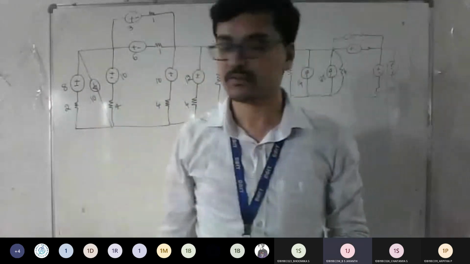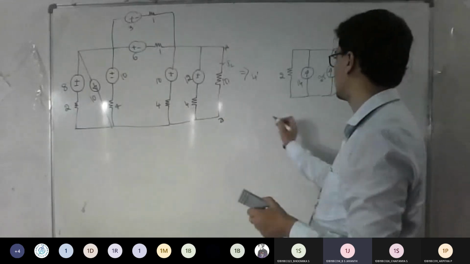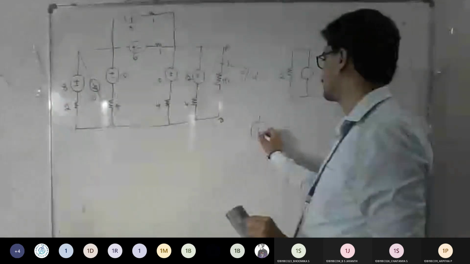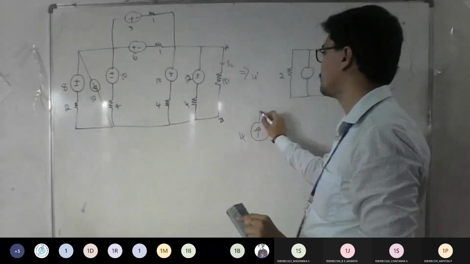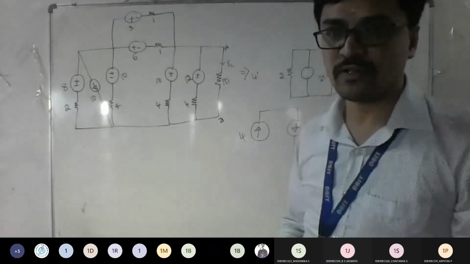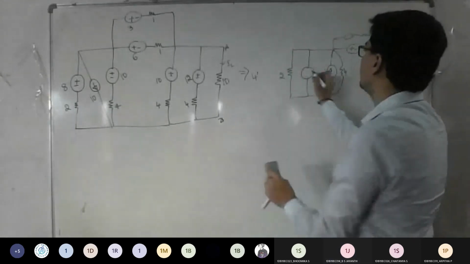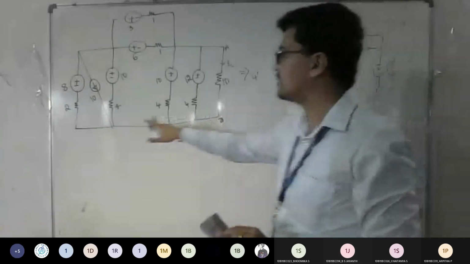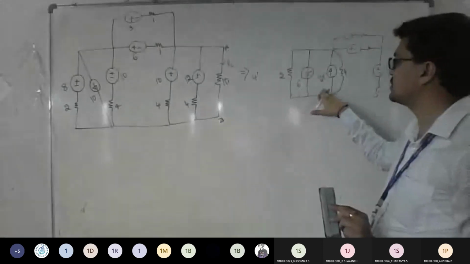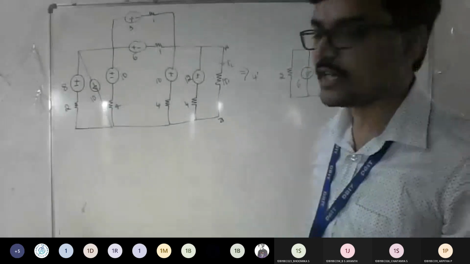Sir, the 10 ampere source is facing downwards, no, sir? Shouldn't we subtract? Yeah. Correct. So I think it is like this, right? Plus minus. I think you told this has 4. Yes, sir. 4, and the direction is downwards. Correct. So it's 10 minus 4, that is 6, and the direction should be downwards. Yes, sir. So you need to mark this as 6 because this is pointing downwards. Yes, good. So now you can see 6 is downwards and 2.5 is upward. Again, you can do 6 minus 2.5. So you're going to get how much?